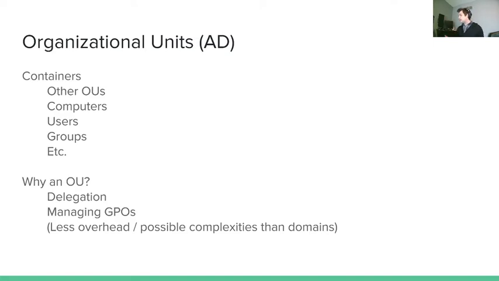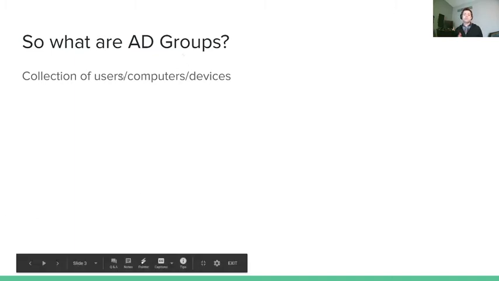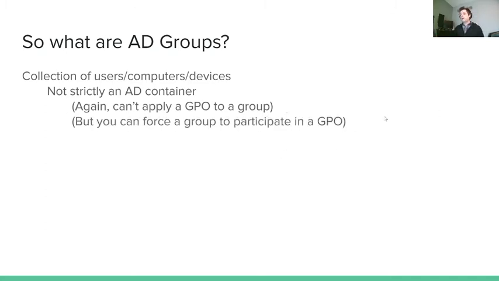So organizational units we kind of already know about, but we're going to look at some of the other things too. So groups are another collection here, basically. So this is another container for something. Now, in a group, we'll put users, so we can put their computers, their tablets, their phones, basically whatever devices we're tracking in Active Directory. Now, this is not, in the strictest sense, a container, though it's basically, for all intents and purposes, a container of some means. For instance, you could not apply a group policy object to a group. We talked about this before. But you can come at it from the flip side where we have a group, we can force them to work inside of a group policy object.